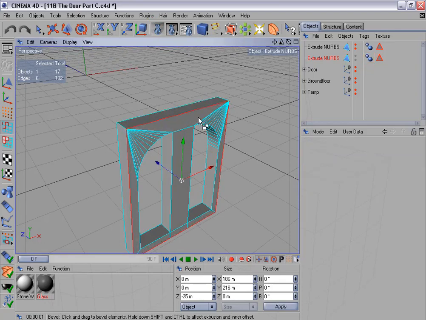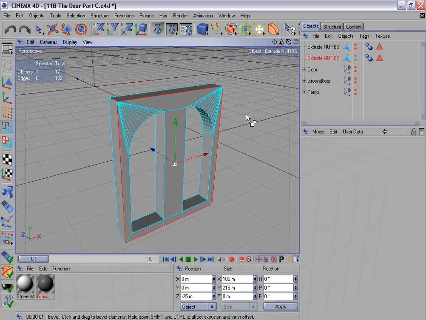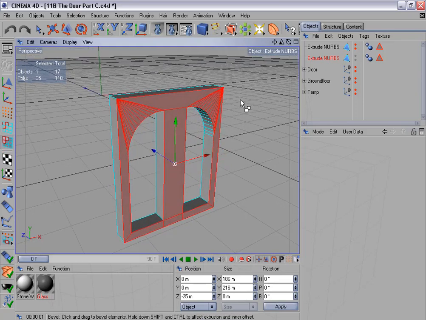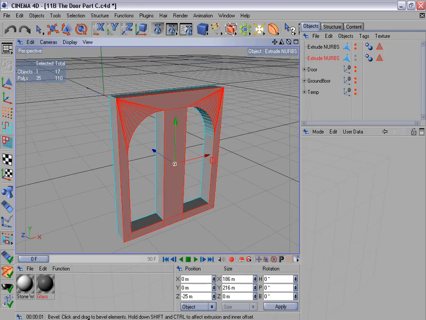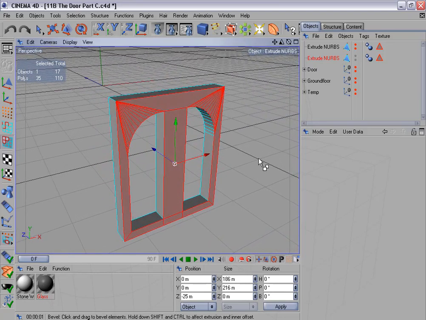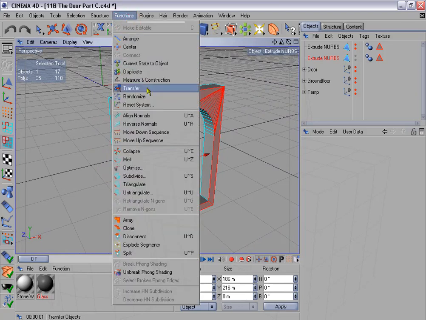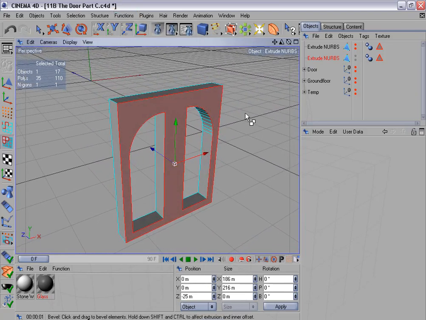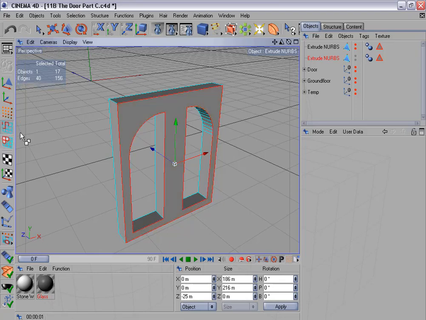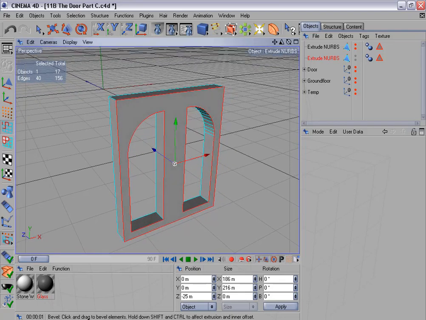And if you have an object like this and you decide that you do want to bevel the edges, there is a way to get clean edges. Let's go back to the polygon mode, and I assume that you want to bevel the edges on this front side here. Now we have all the polygons of this on this side already selected. What I'm going to do is go to functions, melt to create an n-gon, and now I'm going to press and hold the control key, switch to the edge mode, and this will convert the polygon selection to an edge selection. And we have most of the edges